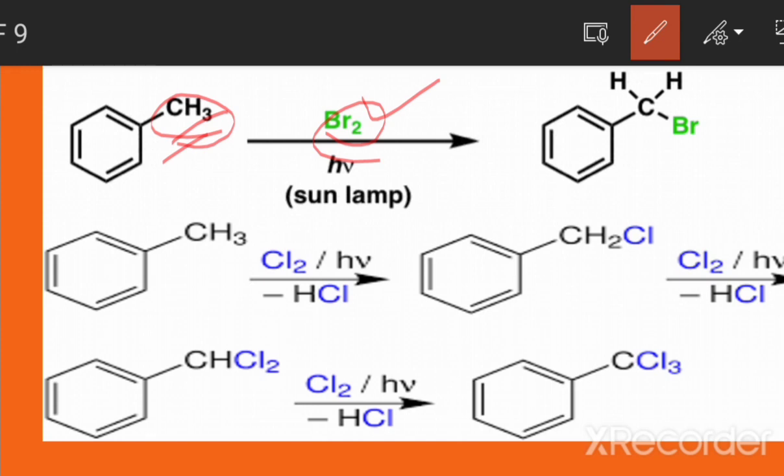So basically, in the presence of some energy, this reaction will occur, and one hydrogen will form the bond as hydrogen bromide,